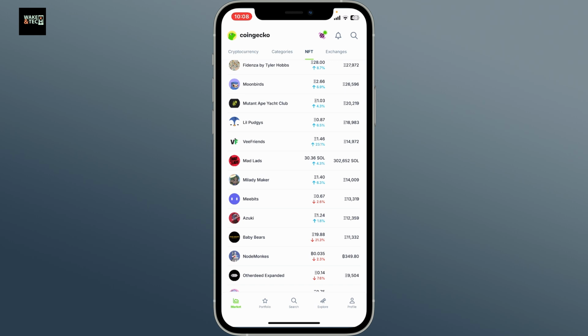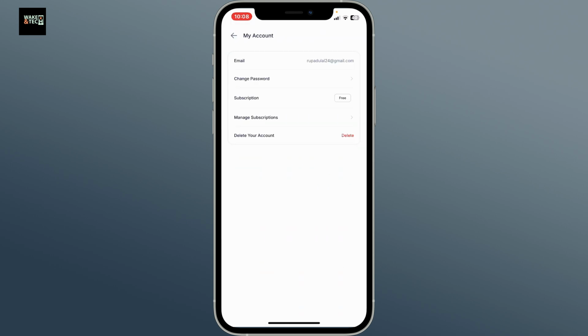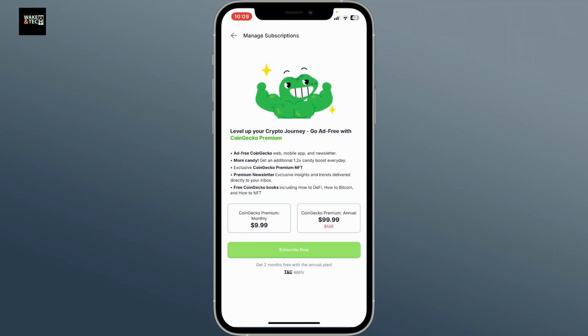After you are in, tap on your profile icon at the bottom right corner from the home page. After you open up your profile section, go ahead and look for My Accounts at the top and tap on it. From the My Accounts tab, look for the Manage Subscriptions option and tap on it. And then you can go ahead and select from CoinGecko Premium monthly or annual options and click on Subscribe Now